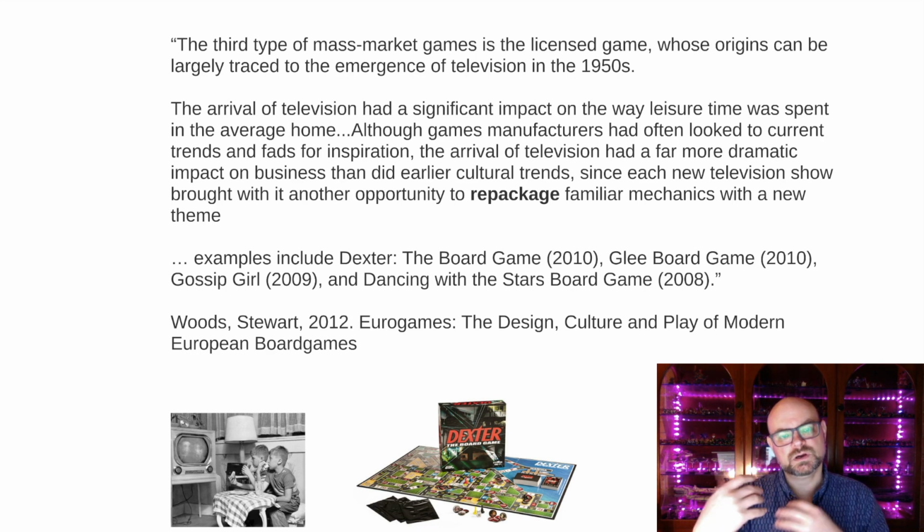So these were designed for fans of the television show, not necessarily fans of board games. Often they weren't very good games, but that's a very subjective opinion, a very subjective understanding of these games. And there are plenty of movie tie-in board games that people loved and enjoyed immensely.